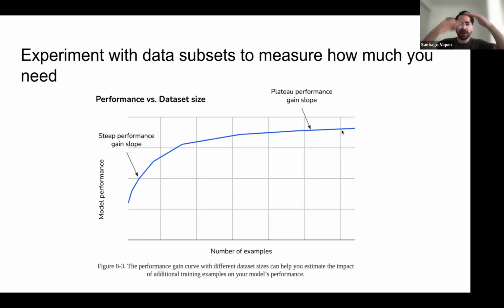So you now see, okay, there's a plateau here. Probably if I spend more money and more time on another 100 examples, my performance is just gonna be slightly better. The gain, the slope, is not gonna be as big as it was in the beginning. So I'm happy with this. This is something that you can do with your own data sets.